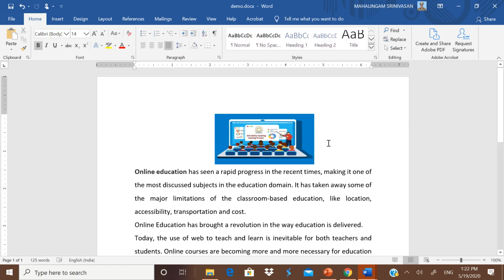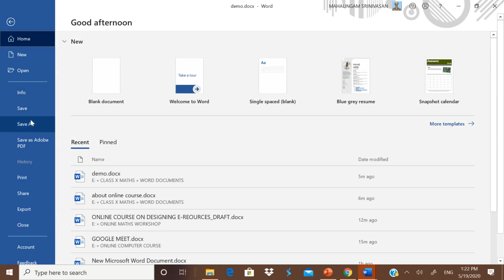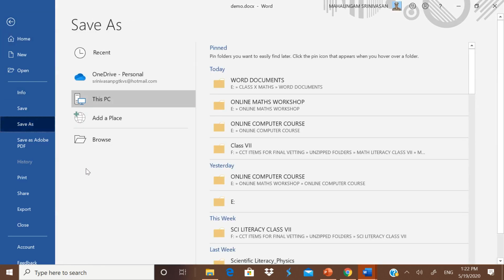It is very simple. After all your work is over, if the file is ready, now save it. It is a better practice to save the file whenever you are doing the job. Okay, now go to File, go to Save As. There are certain computers where you can directly save it as a PDF, but I am telling the way how to do it in a normal way.